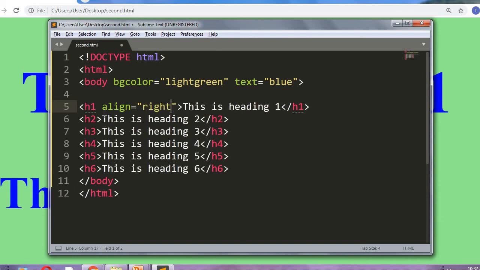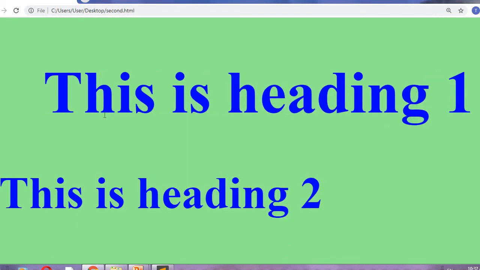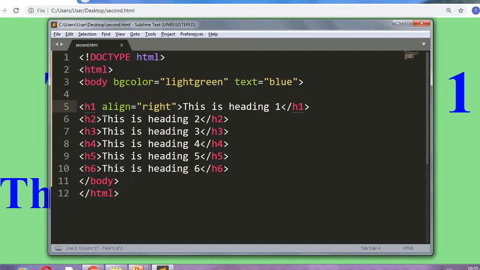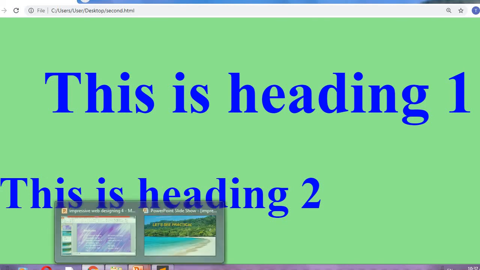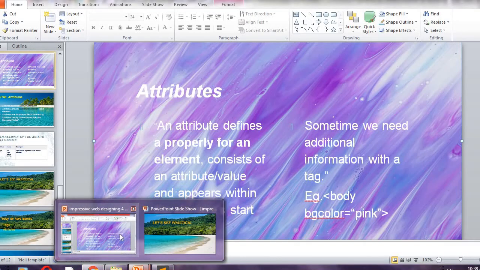Right. Okay, it goes to right. Okay, in this way we are using this tag. See the structure again. You are new to this. Okay, thus we are using tags and their elements.